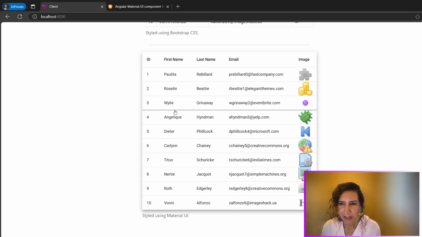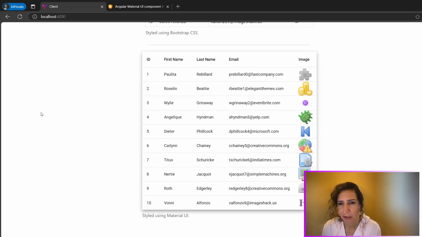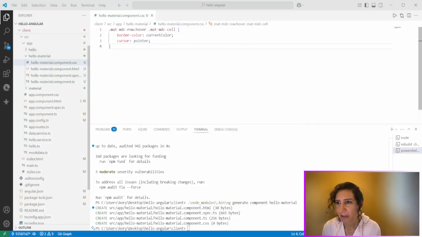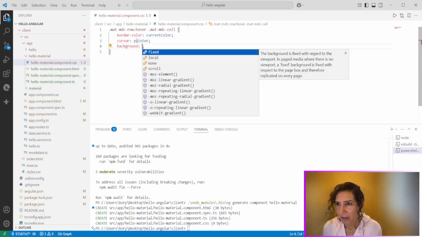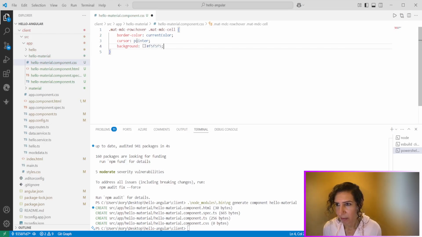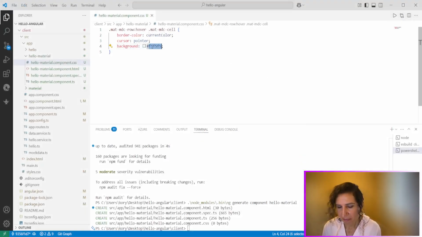So let's change the background color just like the Bootstrap table when we hover over that. So what we can do for that is we can say background, oh, let's see here, sure, that seems pretty good. If we take a look back at the result, now we have a nice hover effect, just like the Bootstrap table. So maybe you want to take it one step further, have a little bit of fun, and say